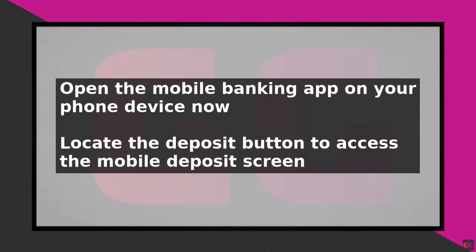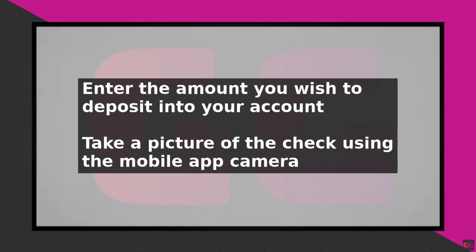To deposit a paper check into your account using a mobile banking app, start by taking your phone and opening the app. Once the app is loaded, locate the Deposit button at the bottom, which will open the mobile deposit screen. Here, you will need to enter the amount you wish to deposit, for example,